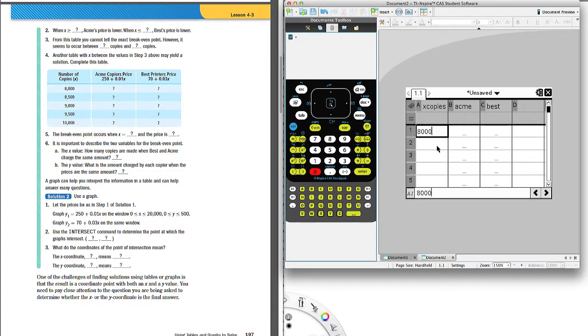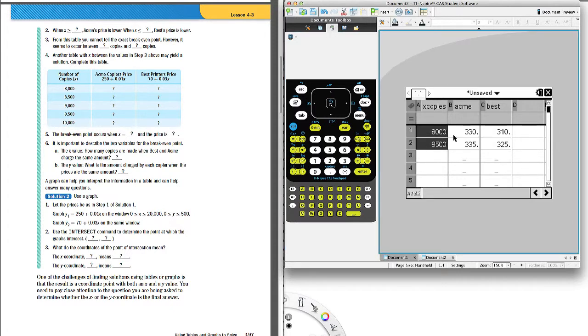And now I've got the question of increment. By how much do I go up each time? In the book, they went up by 500. Well, if it's a multiple of 10, that's fine. Of 500, it's fine. If it's something in between, maybe not, but let's see what they've got. So at 8,000, and then I've got 8,500, and I should have enough to give me a sequence, and okay, that didn't do it, because Acme's still more expensive than Best. I've got my X,